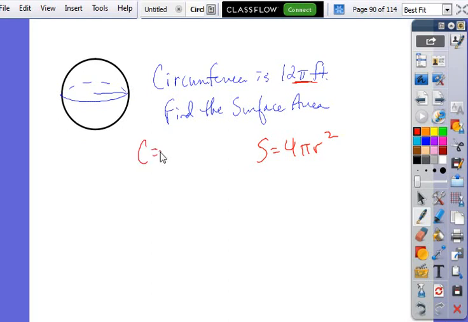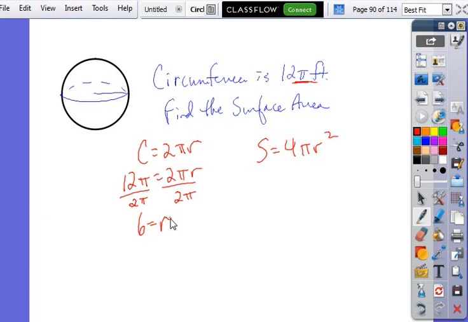So I go back to the circumference formula, use it. It told me circumference is 12 pi feet. So make sure you put the 12 pi in that spot. Not just 12. If you put 12, you're going to miss it. You got to put the 12 pi. And then you divide 12 pi by 2 pi, and what happens? It turns to 6 pi. No, it does not. It turns into 6. Oh, because the pi's cancel each other out, and so you wind up with just 6. If you didn't have the 12 pi in there, you're going to get a completely different number, and that'll mess everything up. So now that I have my radius of 6,